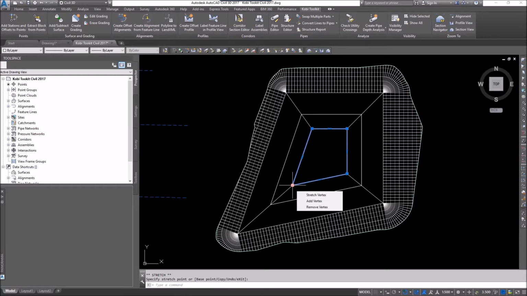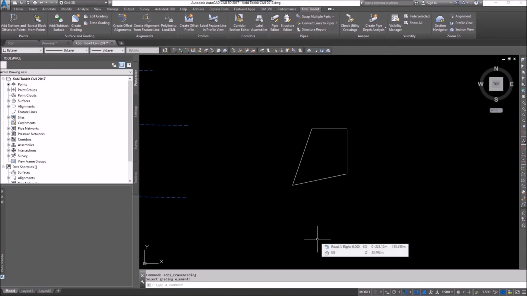And the last little feature I want to show you here is to erase. So I can come up here and go erase grading. I'll select it. I can select on my line and I automatically erase it. That concludes this short